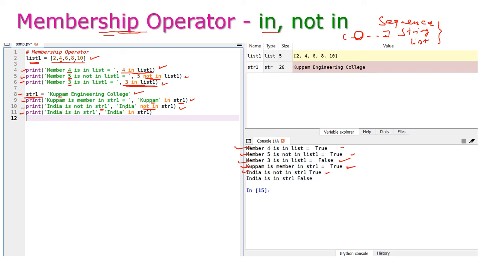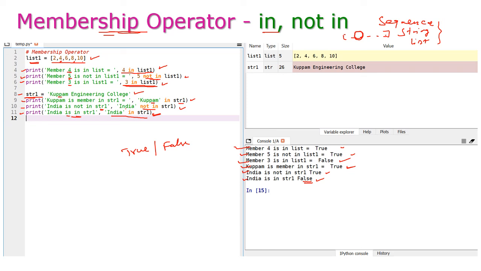Now I am going to test India in str1. Which value will it give? It will give a false value. So the membership operator also gives either a true or false value.